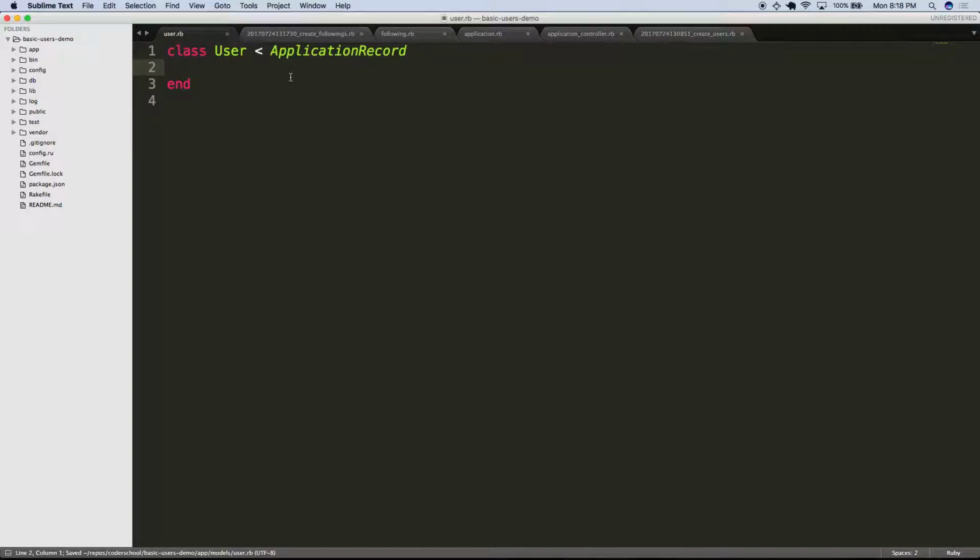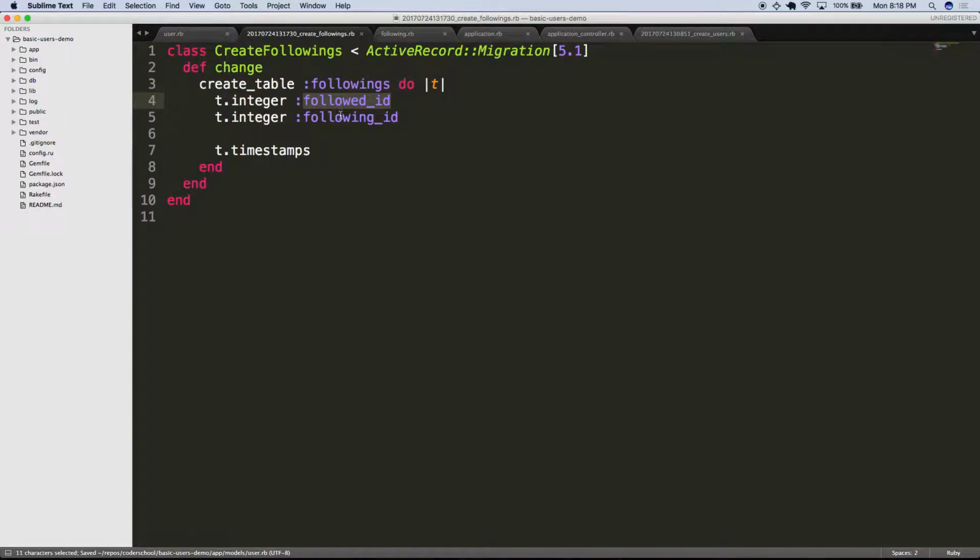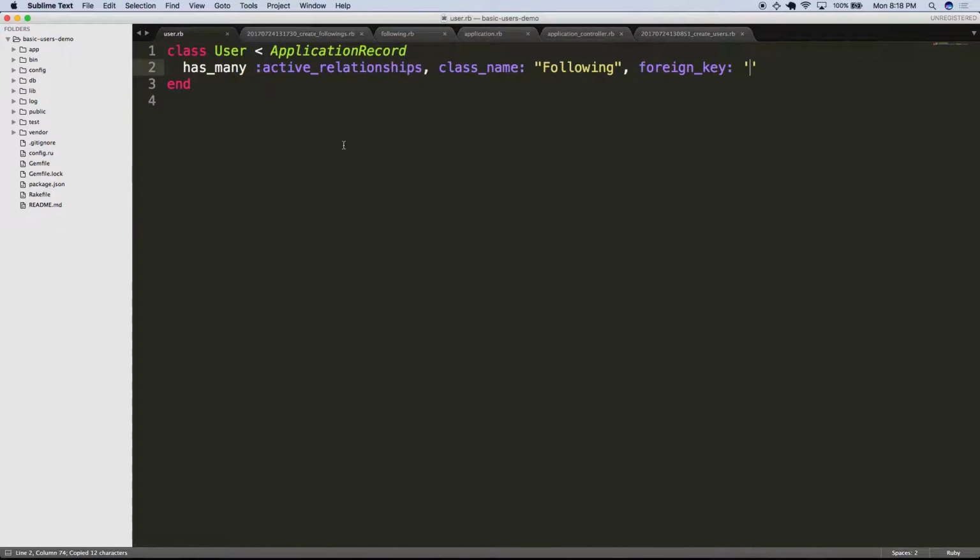So how do we use our Rails relationships to do that? We'd say has many, and I'm going to find here a helper called active relationships, and this is going to map to following. And there's going to be a foreign key on it, right? And what's the foreign key? This is our end of the table. So it's going to be following,